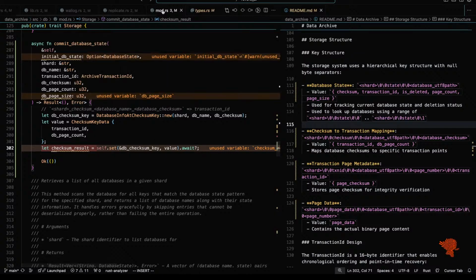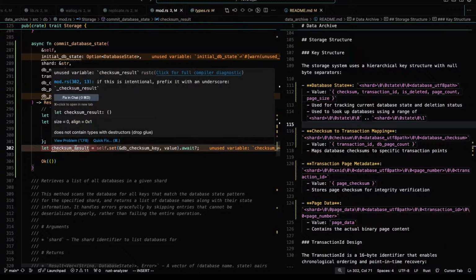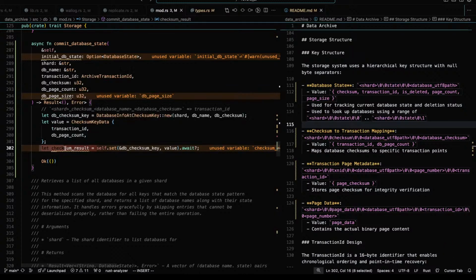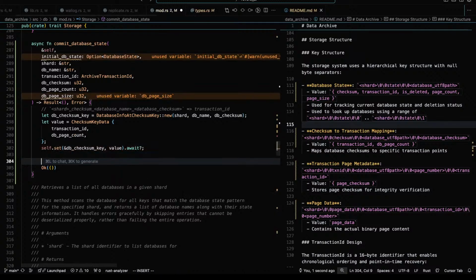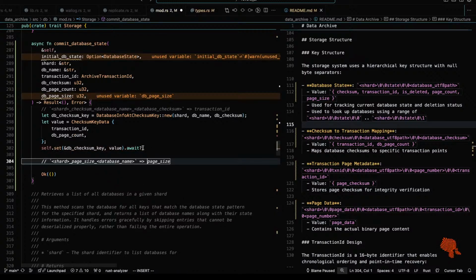See, we are in mod, db mod. So I think it's the same error type.